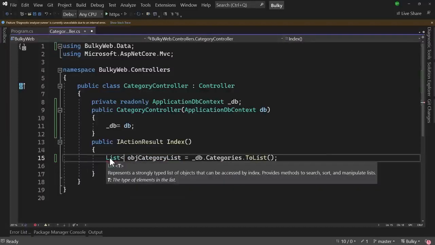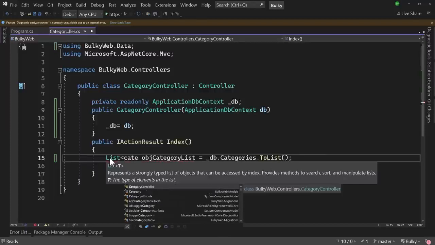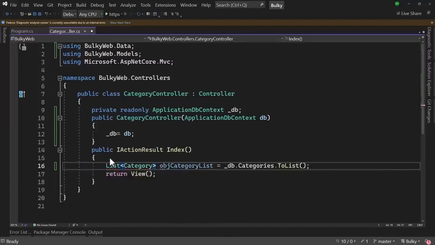Because of that, we can also call this a list of category. I personally do not like using var, so you can be explicit that a list of categories will be retrieved using this command. You can see how simple it is with Entity Framework Core. You have to write only 3 words here. It will